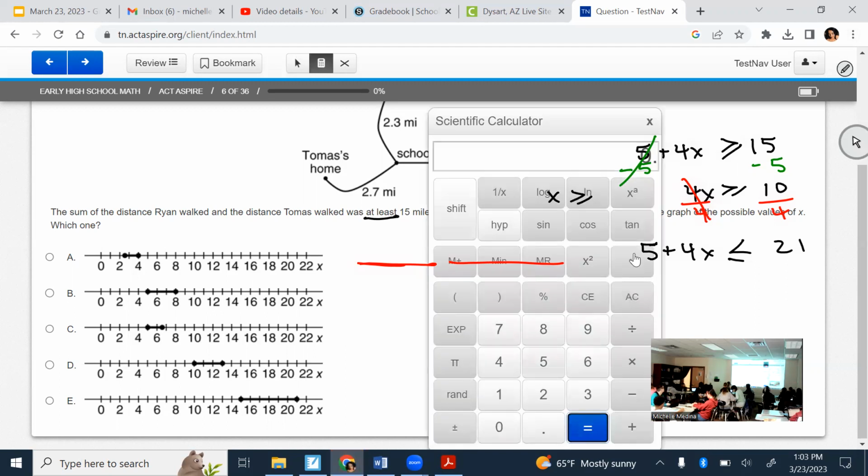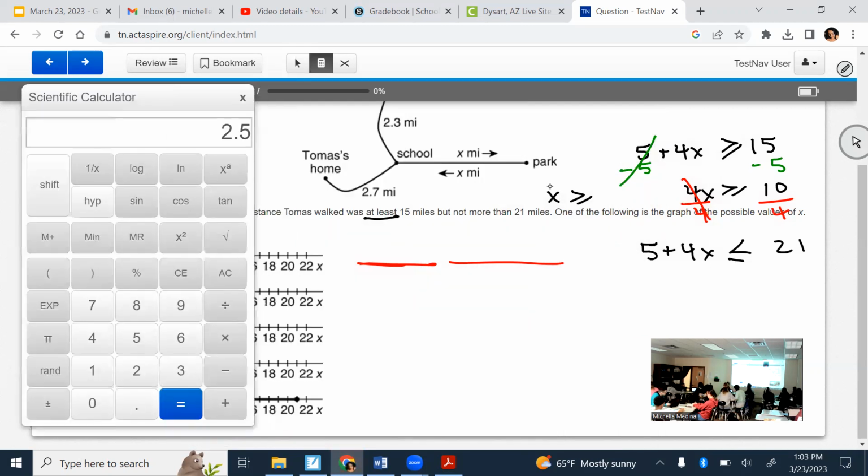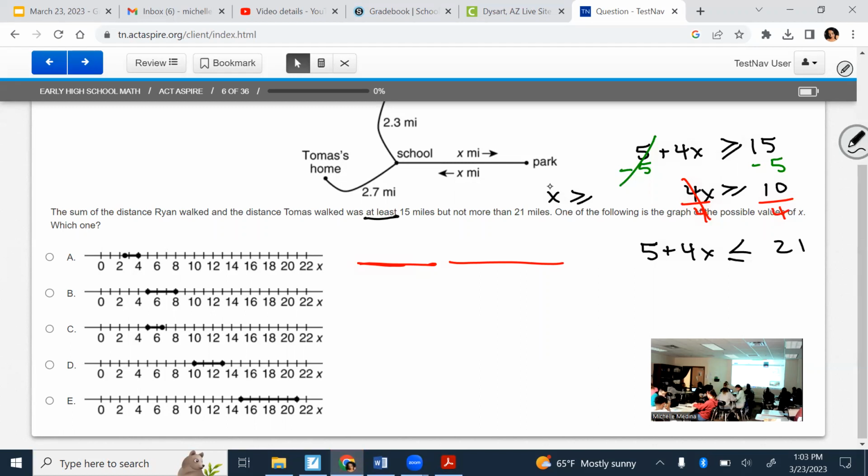Always clear your calculator before you use it. 10 division sign 4 equals 2.5. So I need one where it looks like the circle's on 2.5-ish. So I can eliminate B, I can eliminate C, I can eliminate D, and I can eliminate E, just from that part. But if I continue to solve the same steps, subtract 5 on each side,